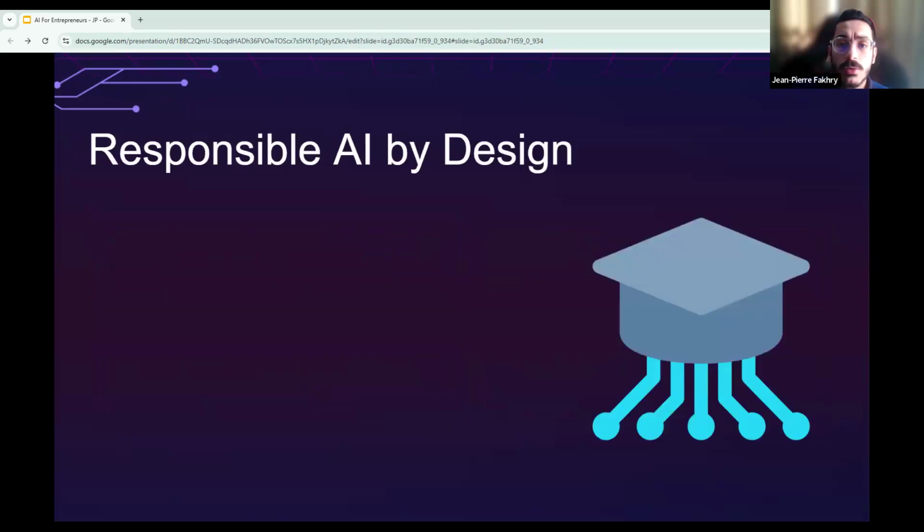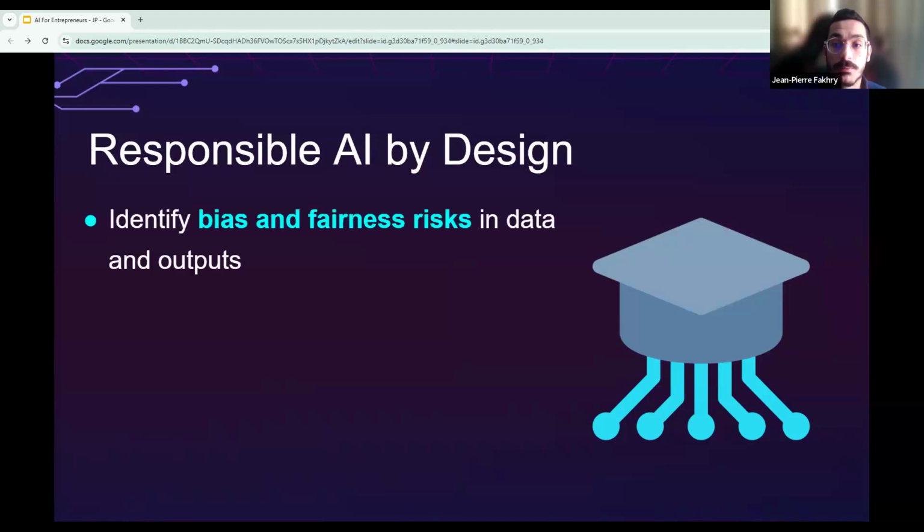All right. So now let's talk a bit about bias. Bias in AI is not theoretical. This is a very important point to also discuss. It is measurable and consequential. To give you an example, in 2018, Amazon shut down an AI recruiting tool because it had learned to penalize resumes that included the word woman, as in a women's chess club, because the training data was historically male dominated. So the model reflected the bias in the data.